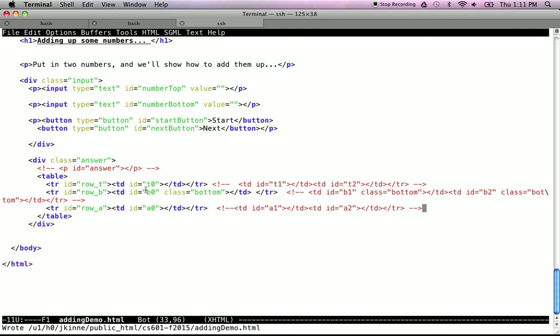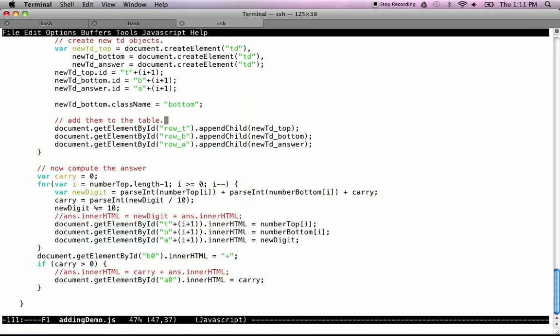Alright, so in here we have a table that's there, 3 rows, 1 column, and then we go in here,